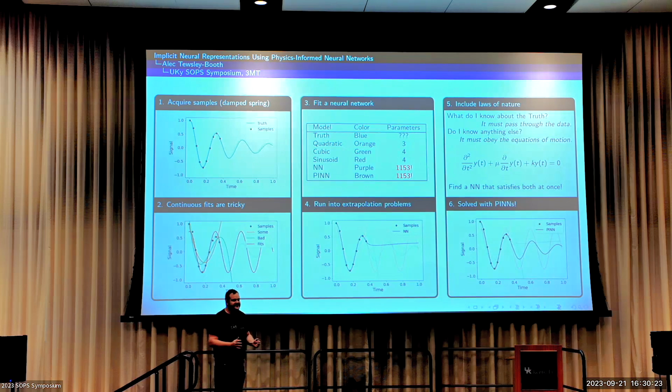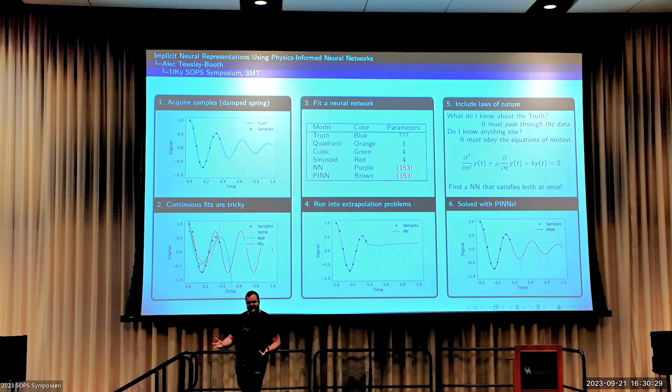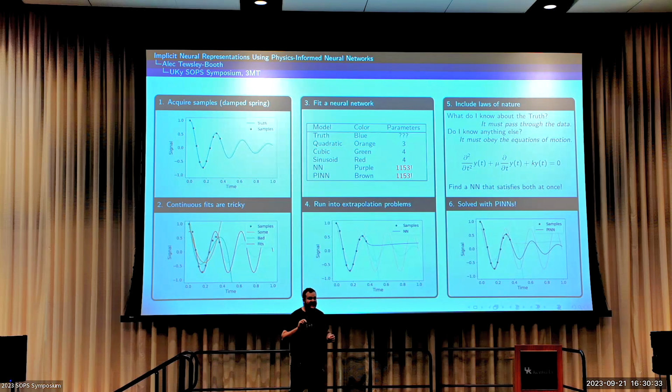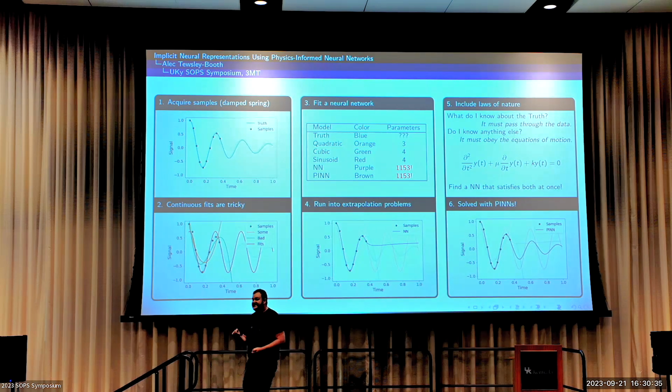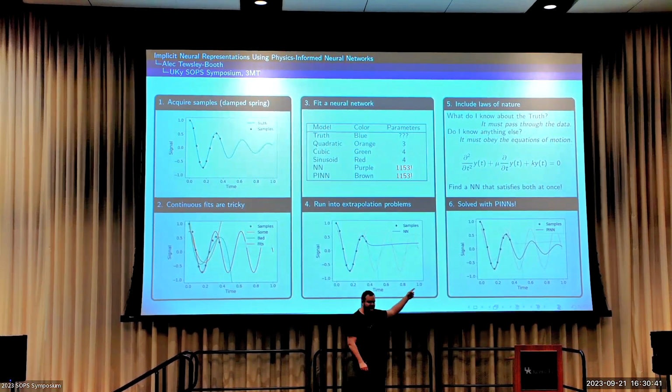So neural networks rely on something called automatic differentiation because taking derivatives is a critical part of fitting. And the laws of physics are usually written in terms of derivatives. So here's our trick. We're going to use a convenient neural network, but instead of only requiring that it be close to the data, we're also going to require that its derivatives obey our equations of motion.